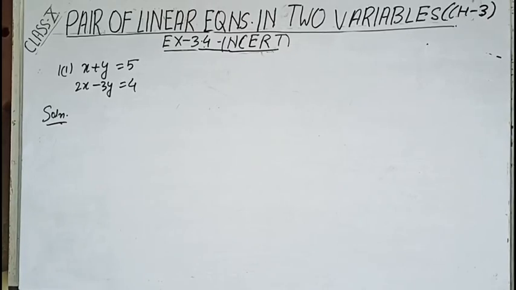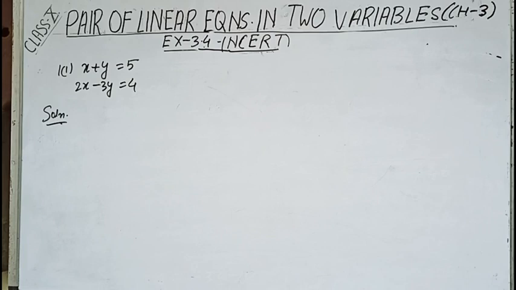Hello students. Now after completing 3.3, let us come to 3.4. Till 3.4, NCERT exercises deal with the elimination method. So we will be completing till 3.4 of NCERT. Then I will be explaining the cross multiplication method and hence we will be doing the further exercises. So let us start exercise 3.4.